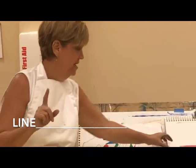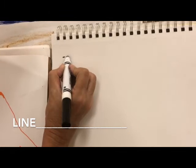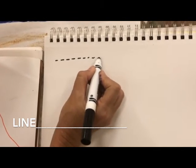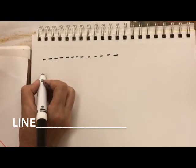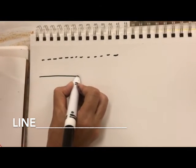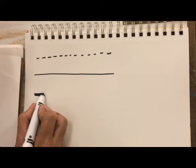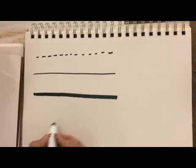Remember how we began with a line? The funny part about lines, actually, I would like to talk about lines for just a moment. A line can be a bunch of dots, and that is called a line. You can have a thin line or a straight line. You can also have a thick line. You can also have a curvy line, a zigzag line,